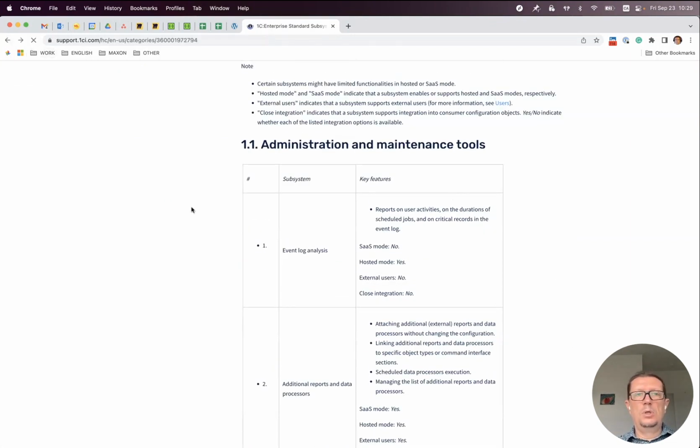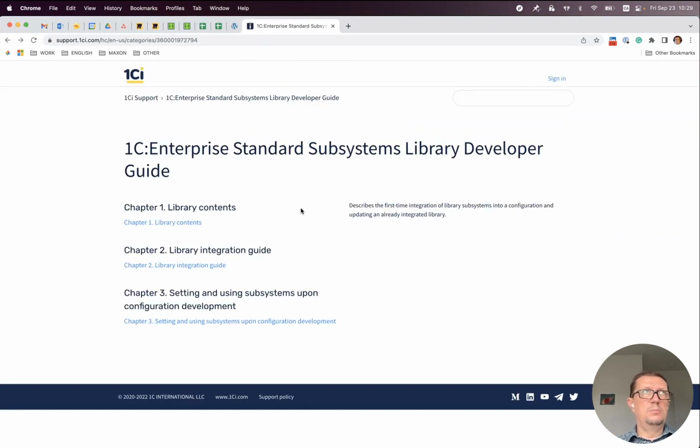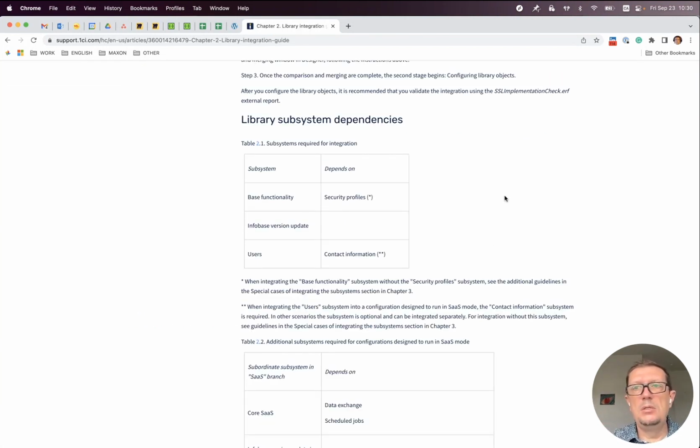So, for example, you want to use a user subsystem because you need its functionality. But in order for you to be able to use it, you also need 3 or 4 other subsystems because the user subsystem depends on them. So you need them as well. And this document contains the list of all those dependencies.